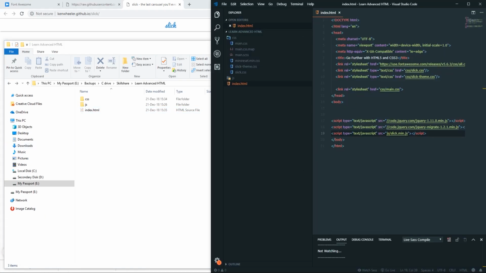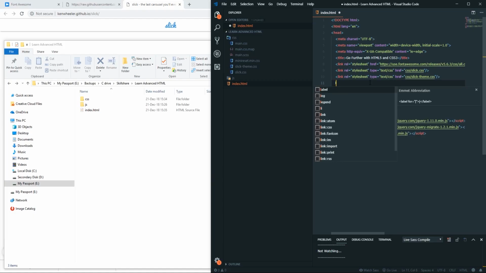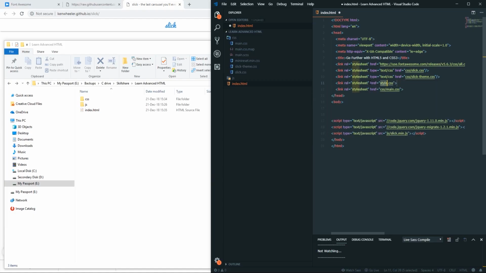Then go back into your HTML document and let's actually add the mini reset as well. So type in link, choose the third option, CSS, choose the CSS folder, and in here you can see the mini reset.mini.css. And now put it below the font awesome by Alt and arrow key up 2 times. And now we have all of our resources put into the HTML document